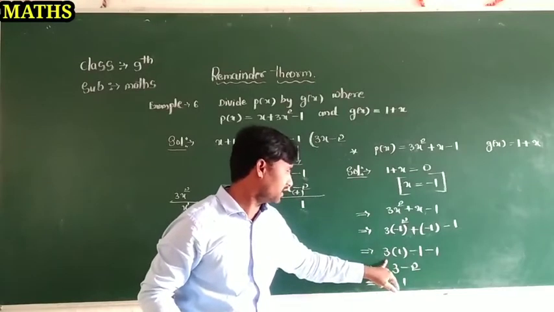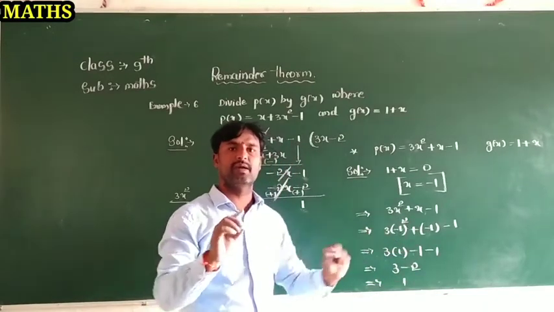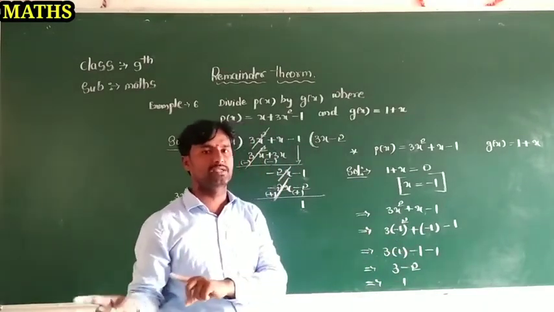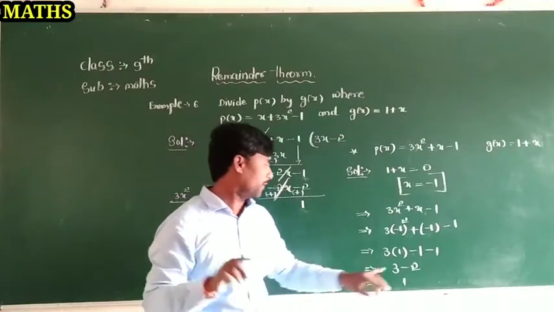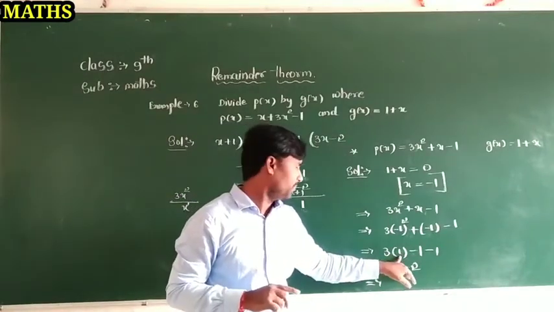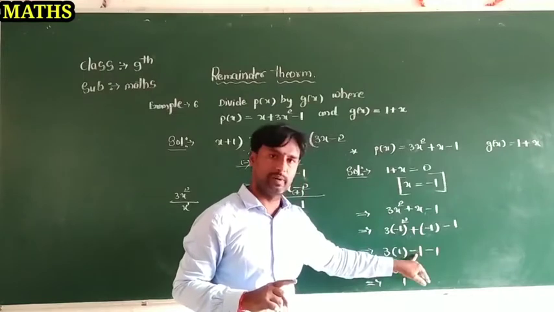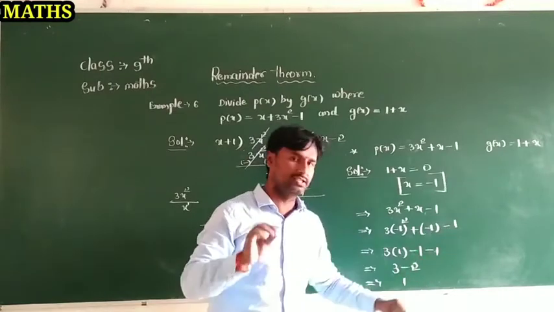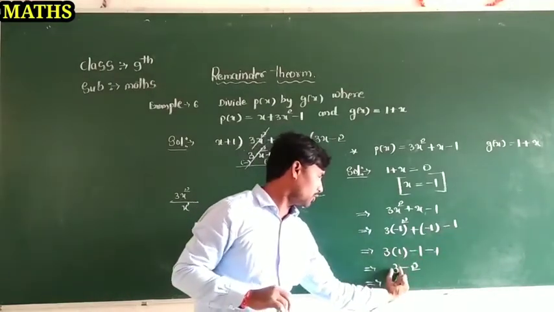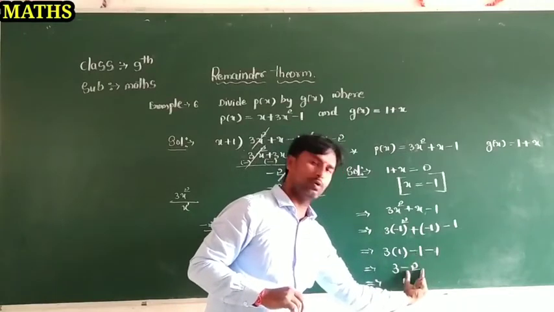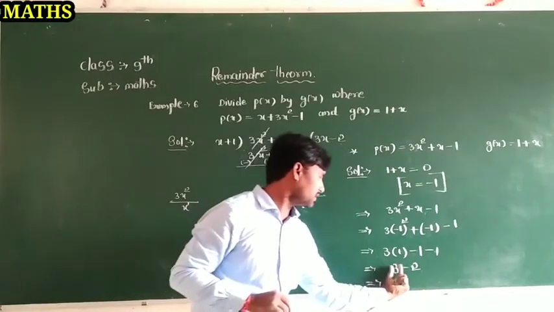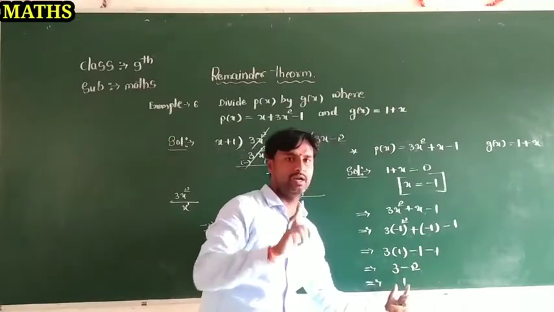Now 3 as it is there, minus 1 whole square means minus 1 into minus 1 is equal to minus into minus plus, and 1, so 1 is equal to 1. So that's why the answer came here 1, and plus into minus is equal to minus 1. This minus 1 I wrote as it is. Next, 3 into 1 equal to 3, minus 1 is equal to minus 2, dear students. So plus 3 minus 2 is equal to answer is 1, dear students.